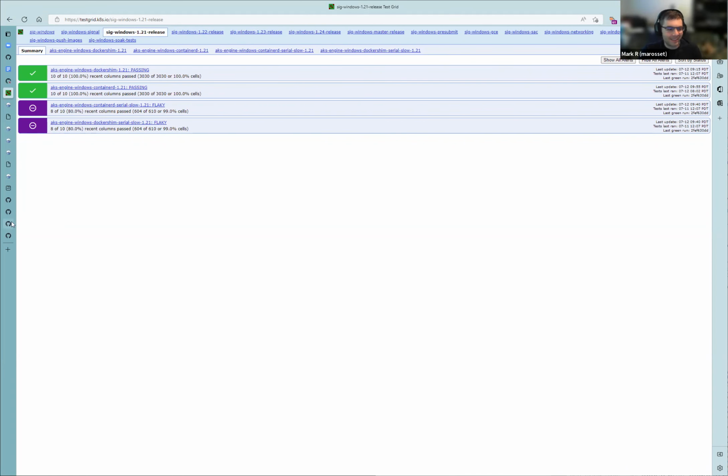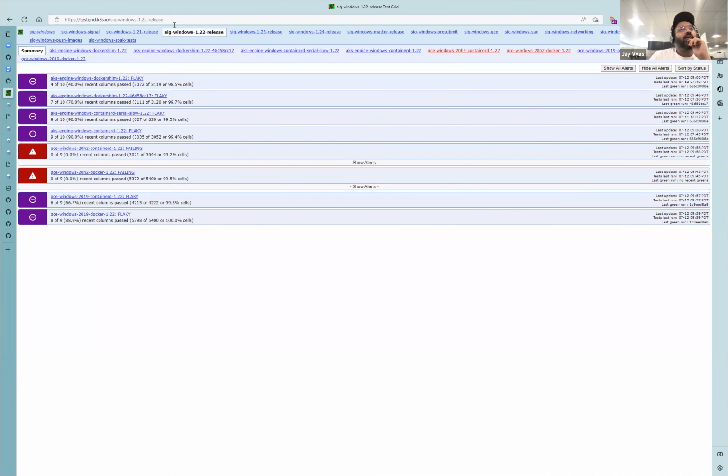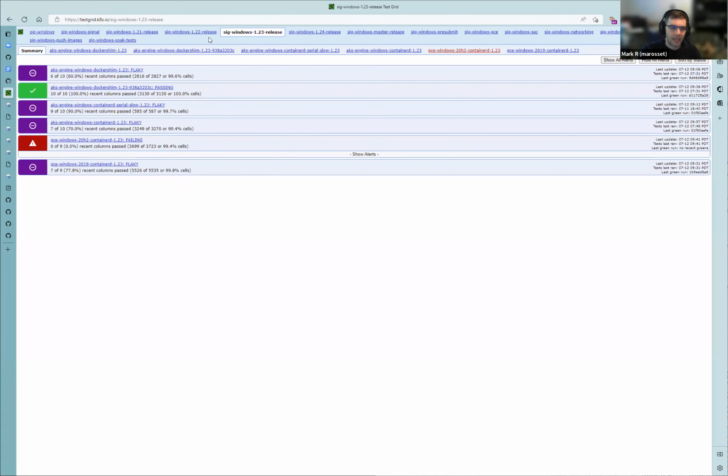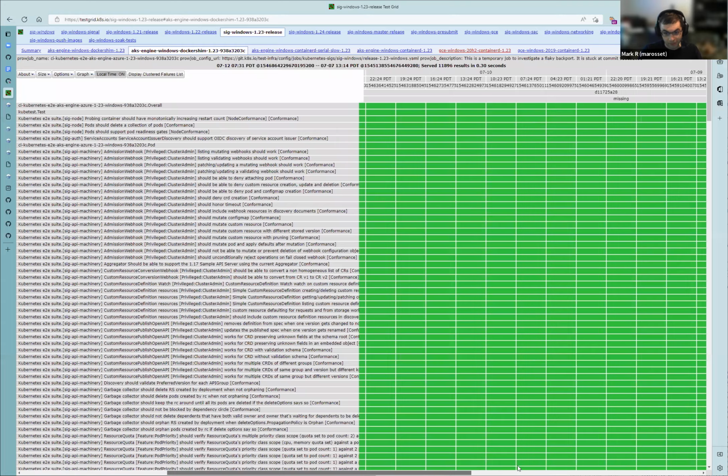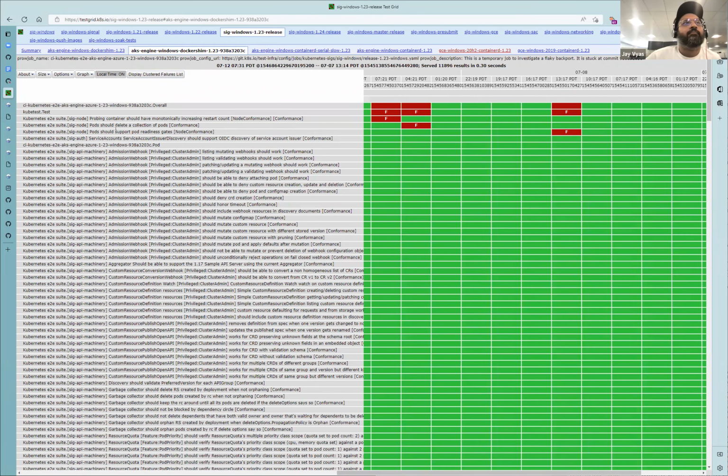I was hoping when James comes back, we'll probably need to make a decision if we want to keep those changes or pull them out and figure out what's going on here. Here's the 123 branch, this is without the changes, and it looks pretty good.